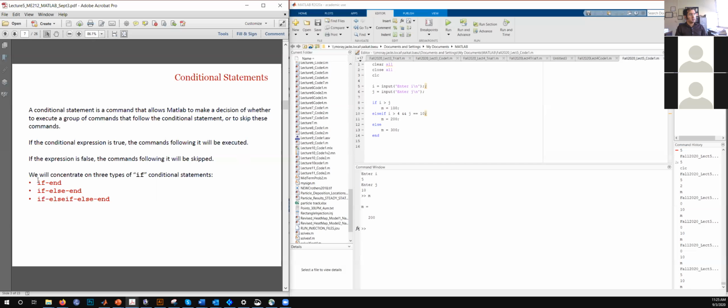But the simplest one is if end, where there is just one condition. If this is this, then output that, and then you directly go to the end line. The next is if there are just 2 conditions. So if this one is true, then give some output, else give the other output. Or this is the most generic one, where you have more than two possible outputs.